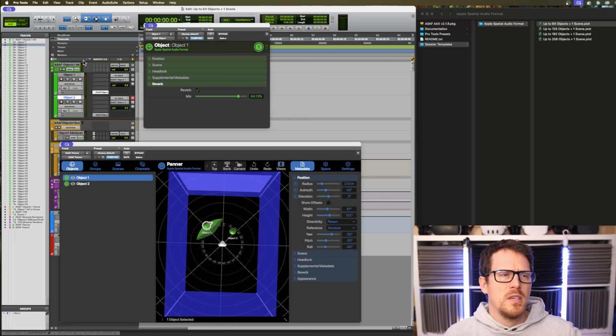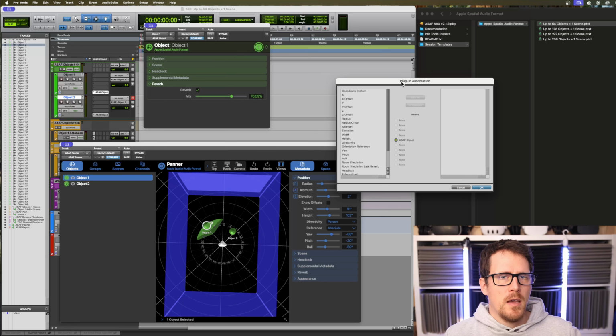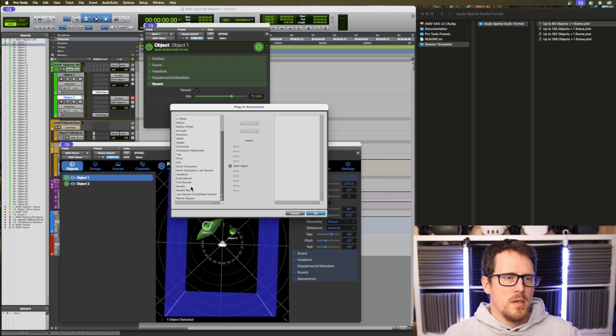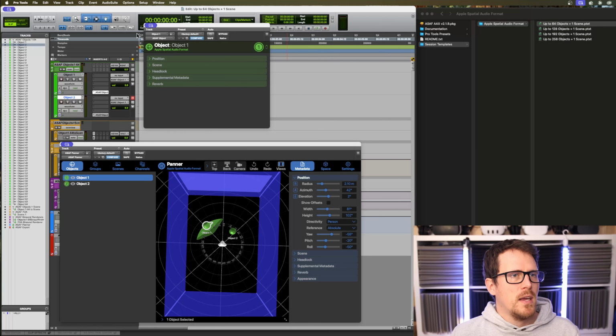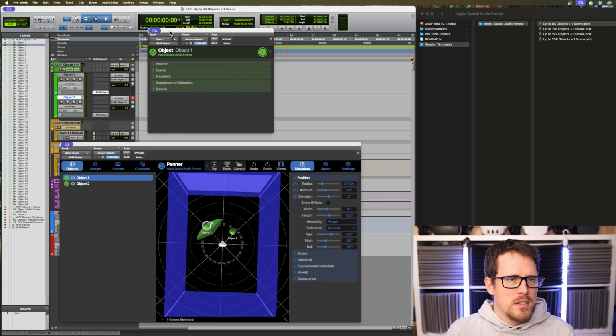So you wouldn't probably be using any send from Pro Tools, but you could just directly set automation and maybe use the reverb mix and send it from here, essentially, because it ends up in this bigger thing that we are now going to have a look at.